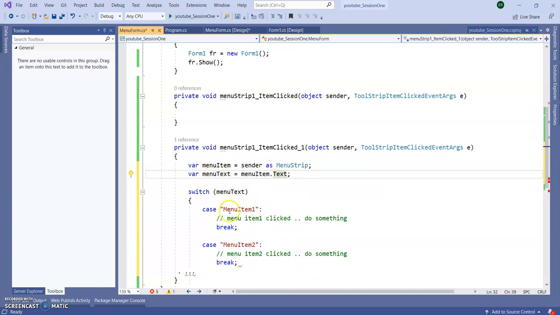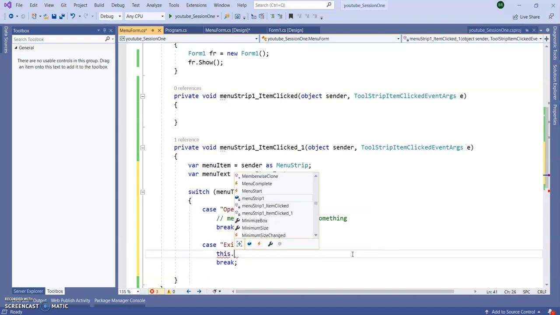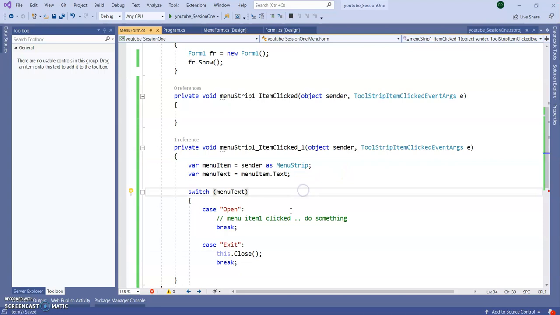So we know our text is open and exit, right? Guys, forget about this. In case of exit, I'm going to close. In a previous session, I showed how to close, this dot close. If you missed my previous session, I will give the link in the i button. You can check it out.